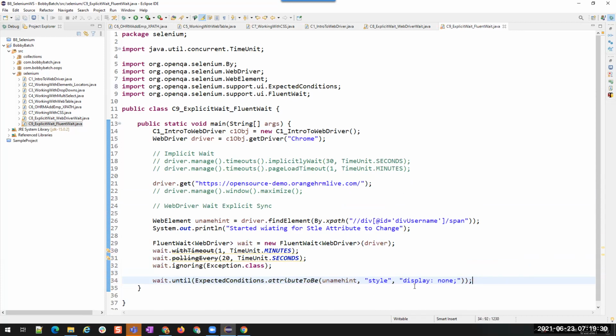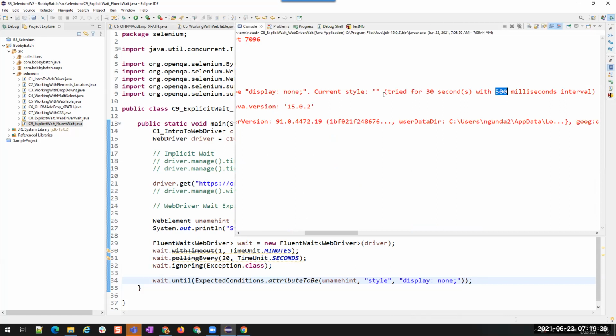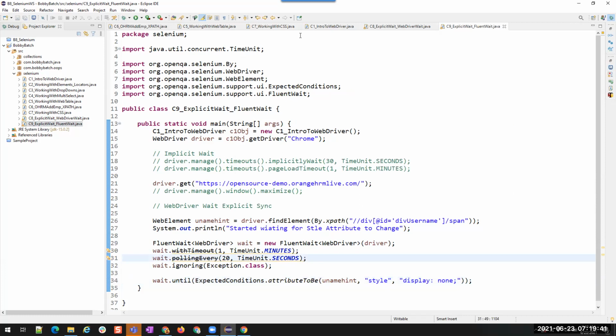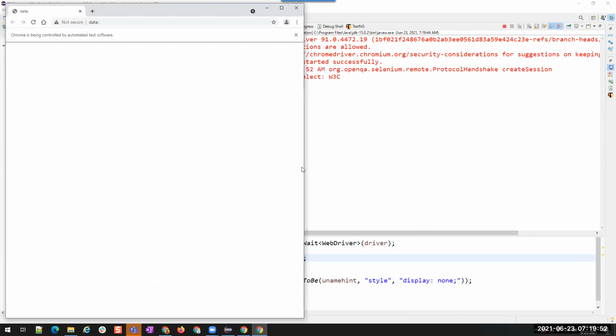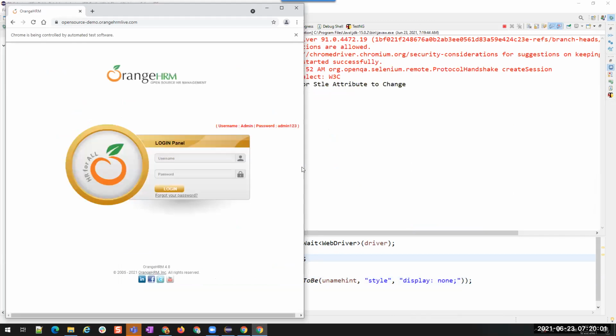Now if I run this, you will observe it. You remember the previous exception, right? Tried for 30 seconds with 500 milliseconds interval. Now let's run this Fluent Wait and see. We have to wait for 1 minute because I've given a 1 minute timeout.